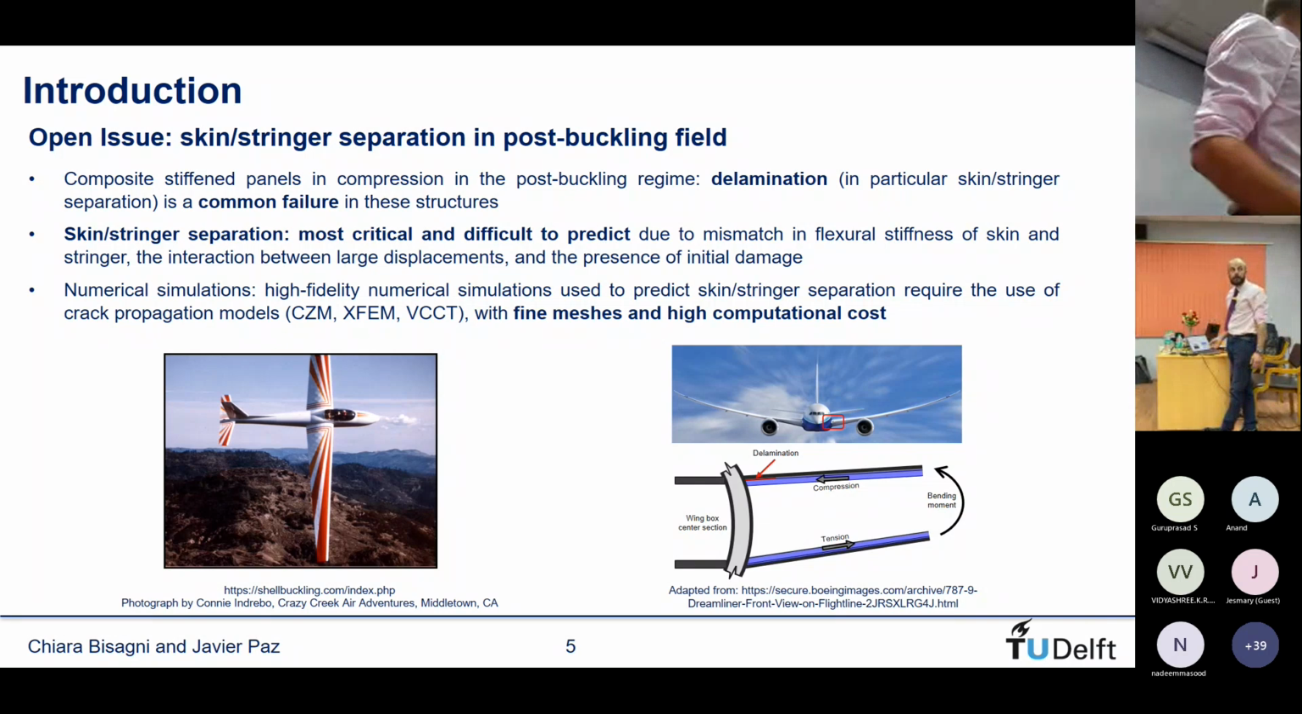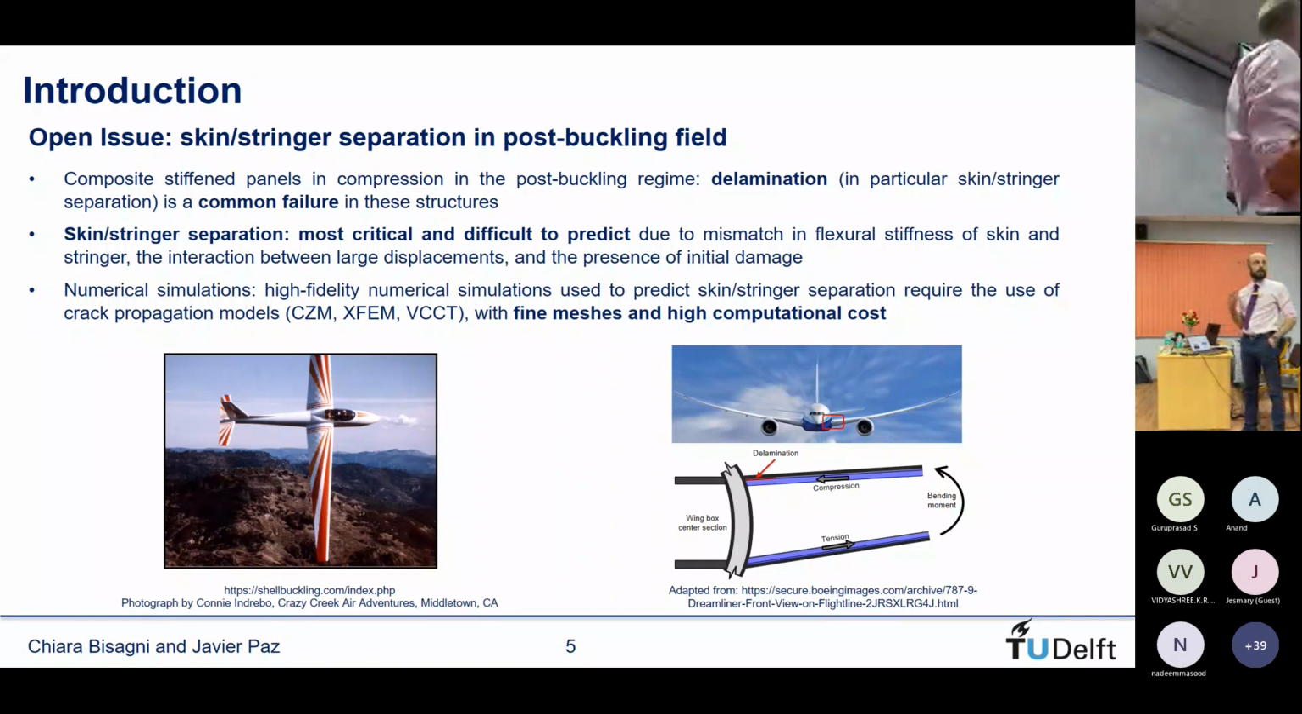There are different approaches to understand this. We can use numerical simulations, we can use experiments, and for